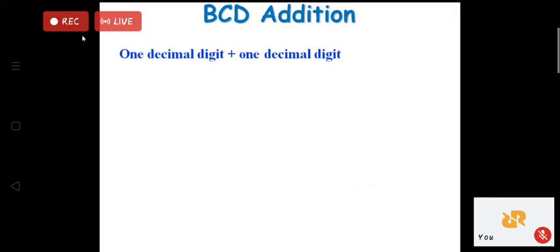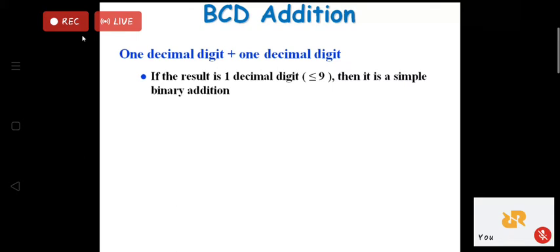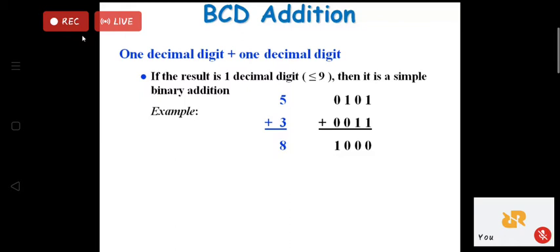So if I want to add, as I have started, I am a teacher who always moves from simple to complex. Again, I will show you what the difficulty is in this. First, don't read the statement over there. Just try to understand the addition of 5 plus 3. Then we will move to complex. We will discuss what the problem is with BCD addition.